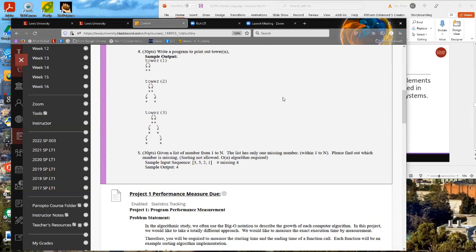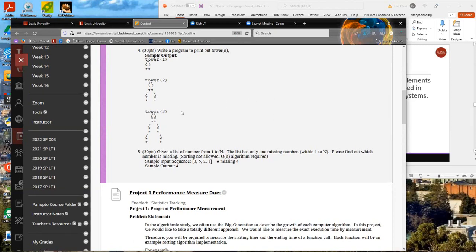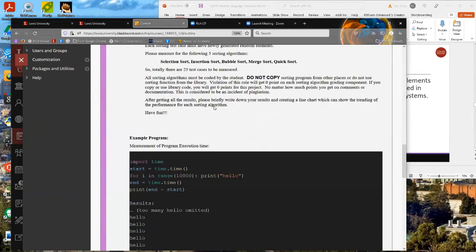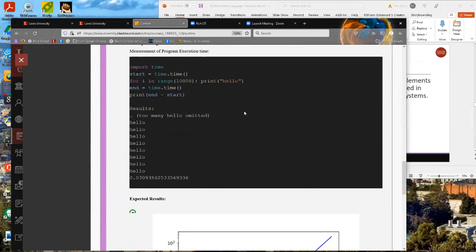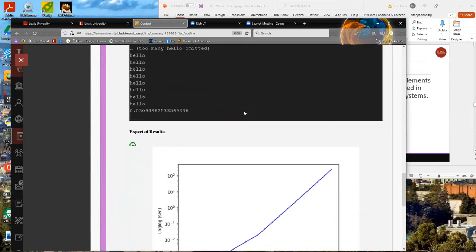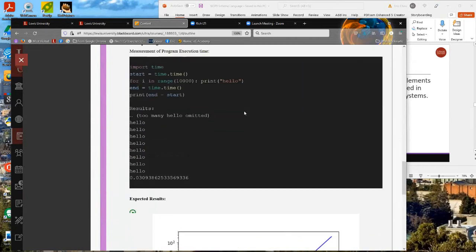I have a question about the project 1 sorting algorithms. I'm stuck with the 100,000 elements. It works with the merge and quick sorts, but the bubble sort, insertion and selection sort keep running and never stop.